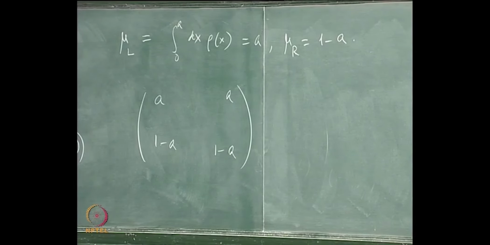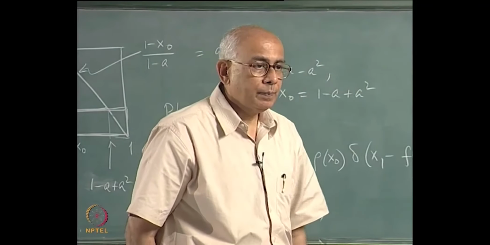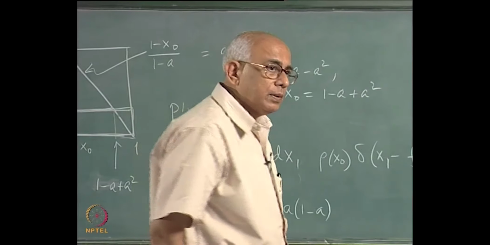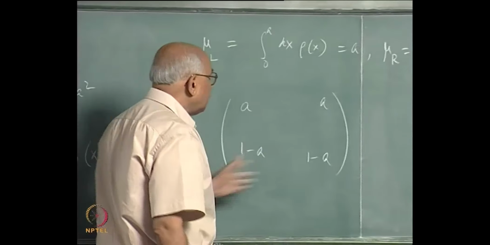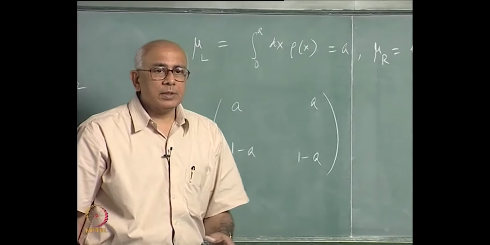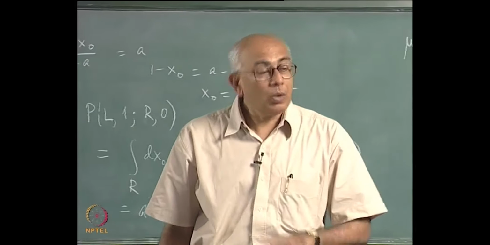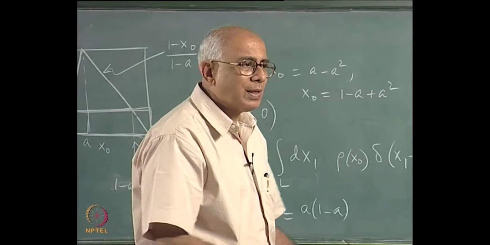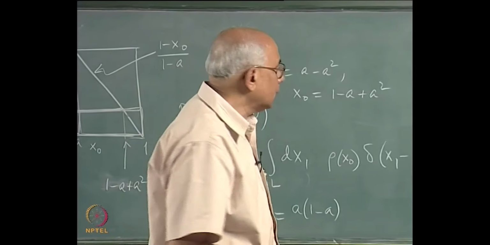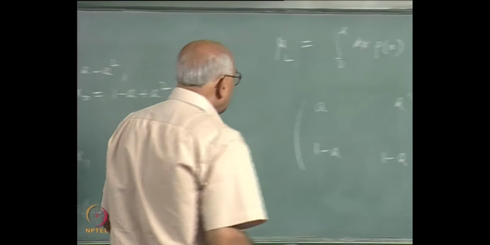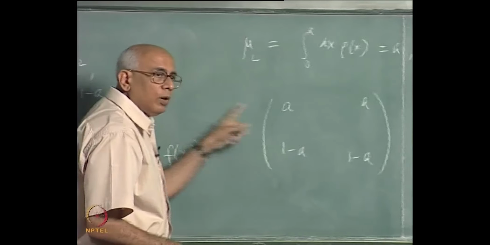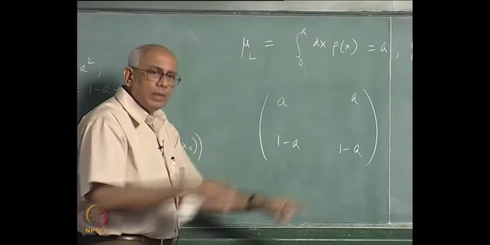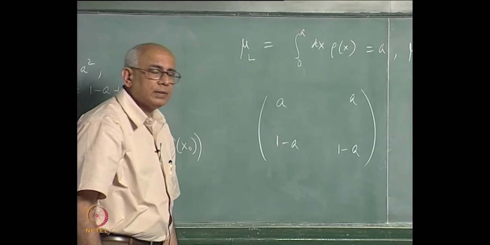The sum over each column is 1, therefore it is a stochastic matrix. A matrix with non-negative elements such that each column adds up to 1, or each row adds up to 1, is called a stochastic matrix, because it is connected to these probabilities. And such a matrix would have a uniform left eigenvector. Had the row sums been equal to 1, it would have a uniform column vector as the eigenvector.